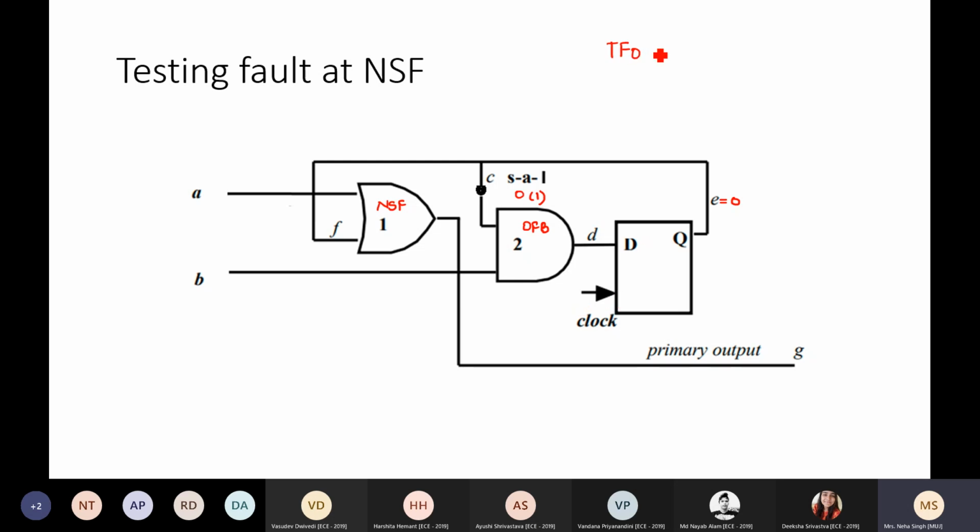तो इसका मतलब at TF0 I need E should be equal to 0. Then only I can put up a fault C stuck at 1. Fine? इसका मतलब if I need E equal to 0, which simply implies in the last time frame, that is TF minus 1, इस time frame में ये जो value है this must be the value that was seen here. तभी clock edge आने पर the value will be propagated. So in TF minus 1 I should have